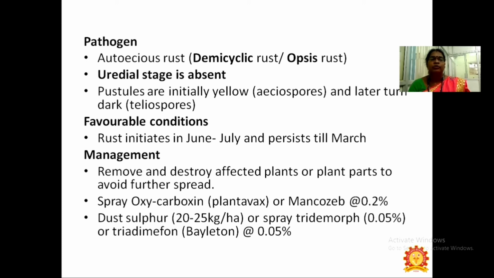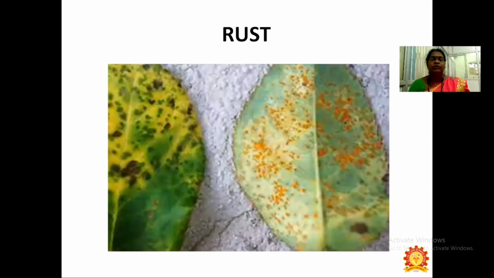And management: remove and destroy the affected plants and plant parts to avoid further spread, and spray oxycarboxin or mancozeb, dust with sulfur, or spray tridemorph at 0.05%. So these are the symptoms that you can see on the lower surface of the leaf, the rust.